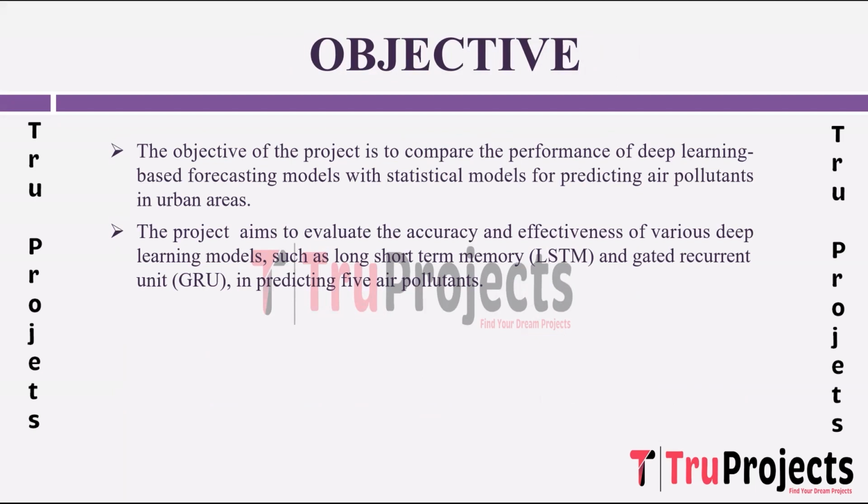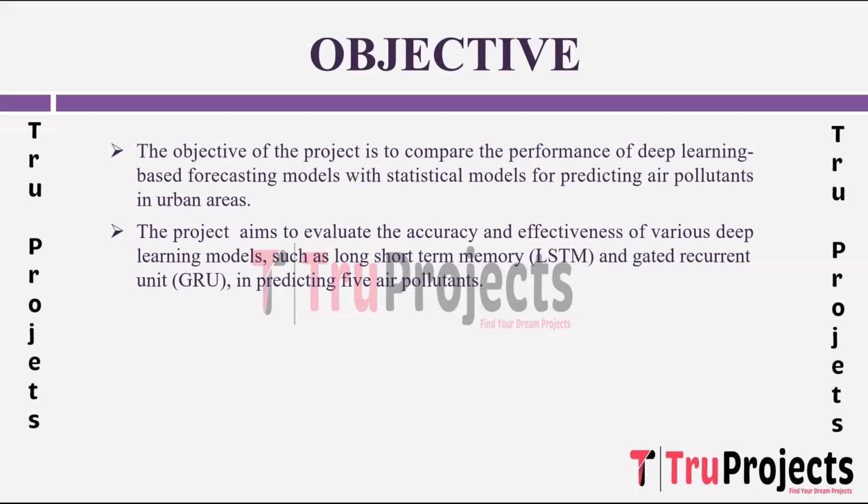The project intends to assess the accuracy and efficacy of various deep learning models such as long short-term memory LSTM and gated recurrent unit GRU. These models are known for their capability to handle sequential data efficiently, making them suitable for time series forecasting. The focus is on using these models to predict the levels of 5 distinct air pollutants: NO2, O3, SO2, PM2.5